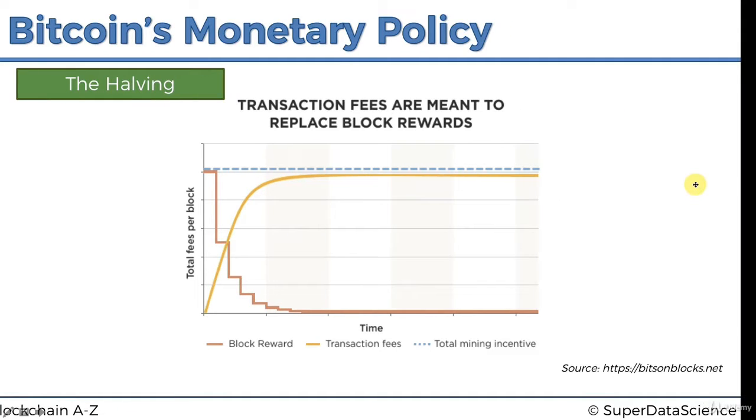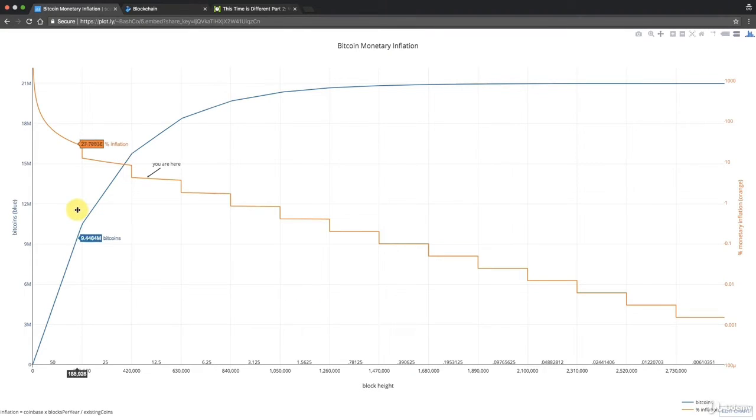And the other thing I wanted to show you is this chart over here where we've got Bitcoin monetary inflation. So once again, this blue line, this time it's once again the total number of Bitcoins in circulation. So it's not the fees, it's the Bitcoins in circulation. We're back to that. And this line that drops off over here is the inflation. And inflation is basically, there's a formula for inflation here, Coinbase. That's how much money is being released. So that's the amount, 50, 25, 12.5 times blocks per year divided by existing coins.